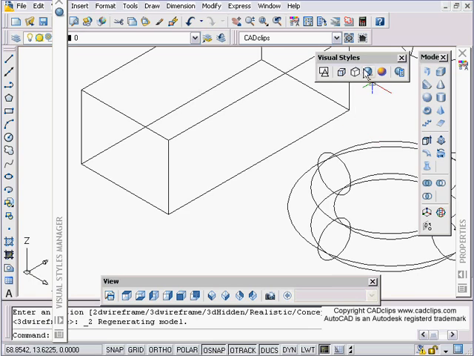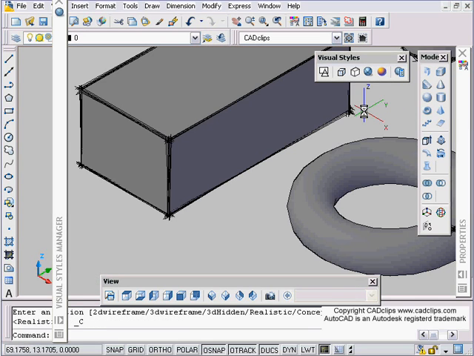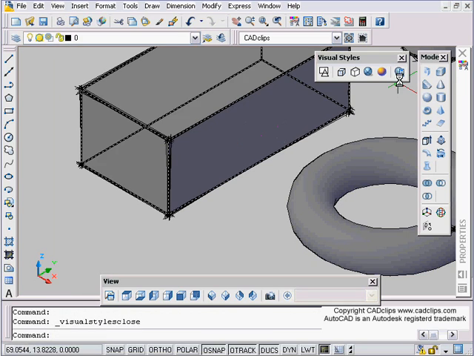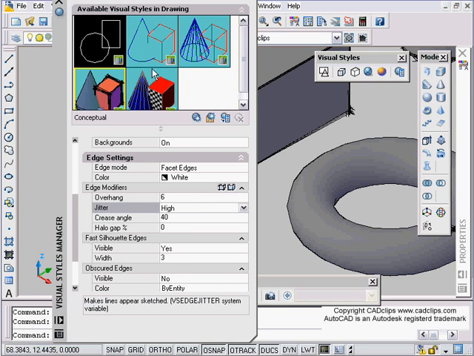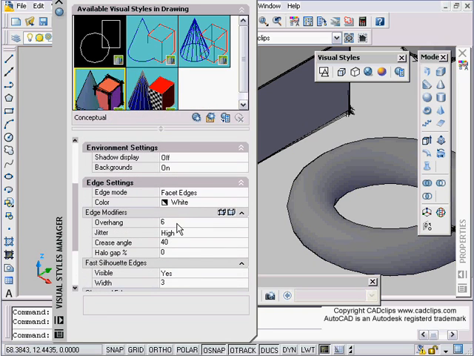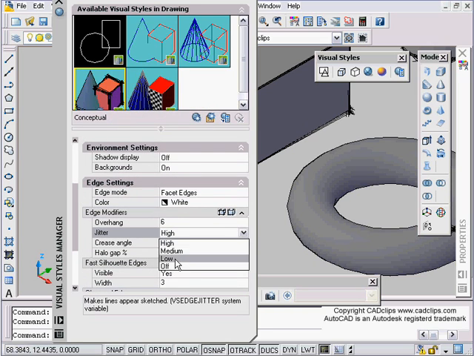Go back to my 3D hidden line. Okay, depending on which visual style I go to, and that one happened to be my conceptual style. If I go back inside of here, and we can hover over these and it'll tell us there's conceptual. Okay, that's the one I just changed. Well, maybe I'll go back to conceptual and say, you know,